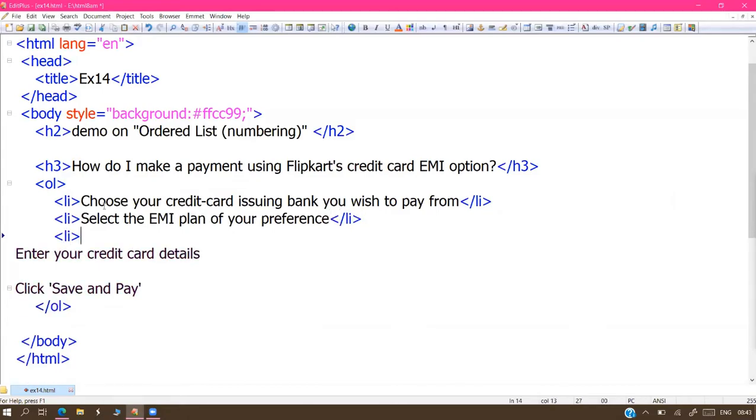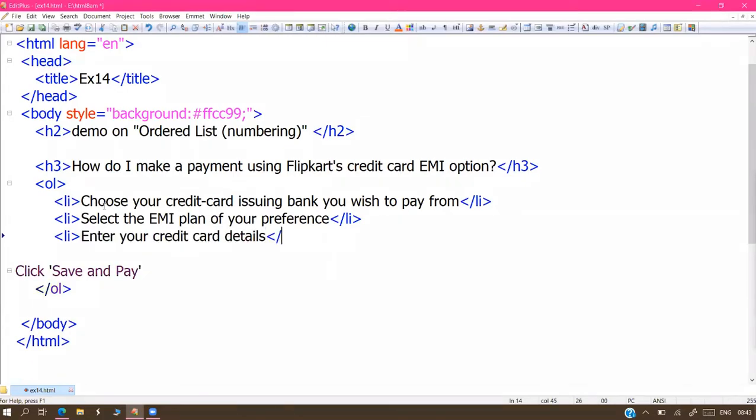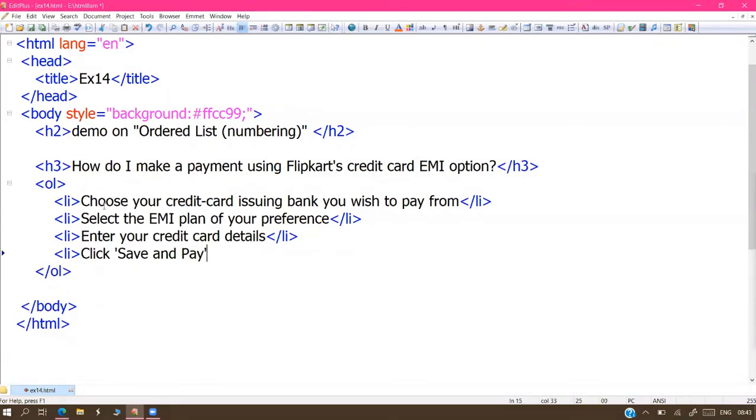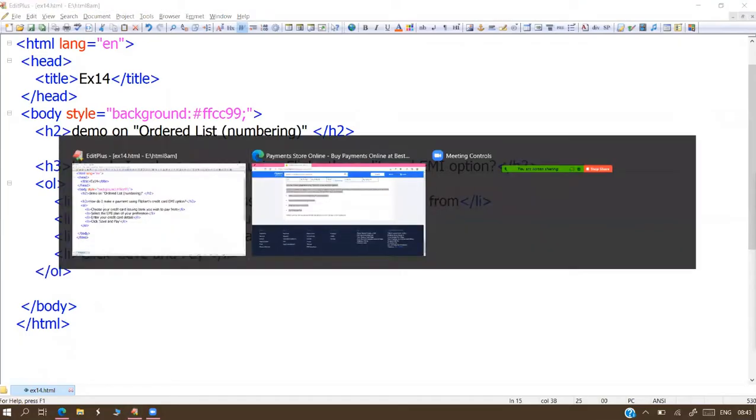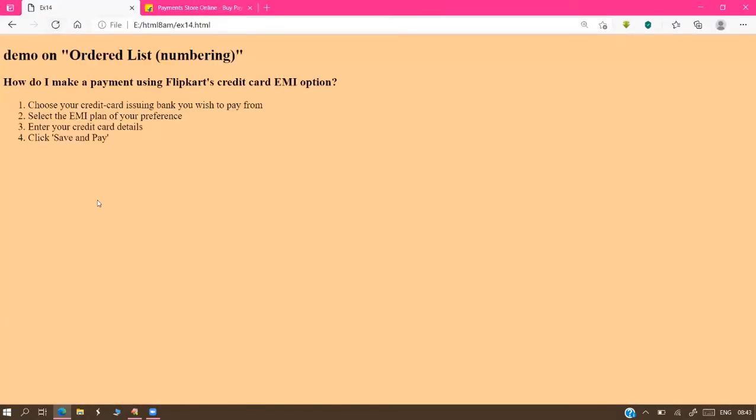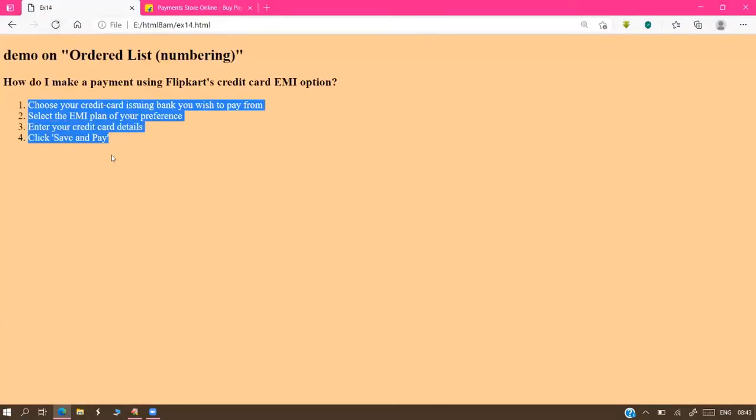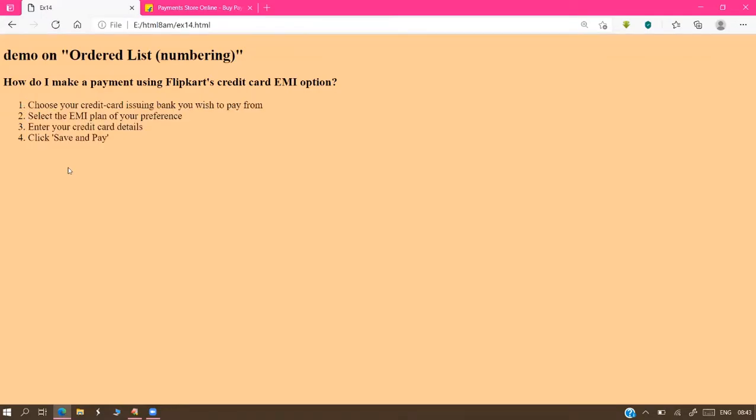Third point close. You can go and check it. This is the option. So points 1, 2, 3, serial numbers. See that the data is displayed by the LI tag.